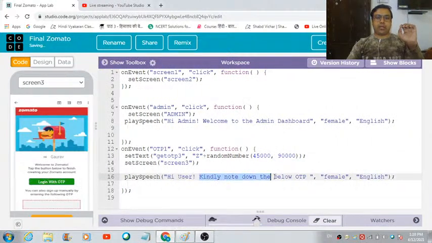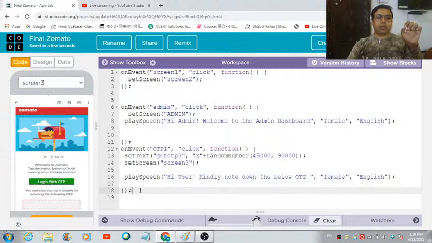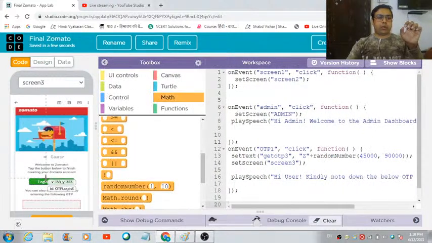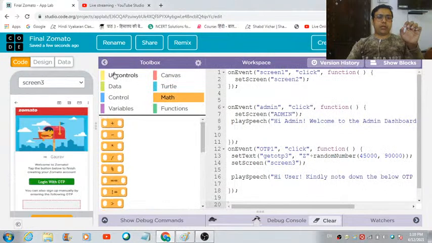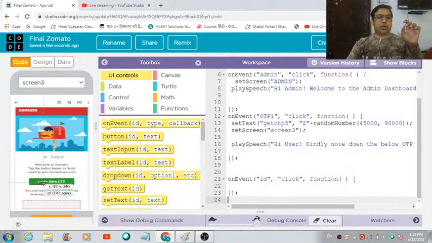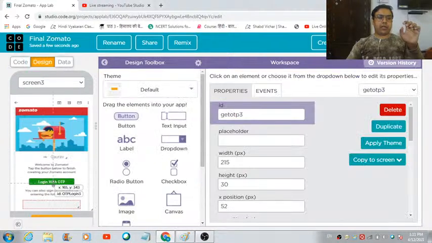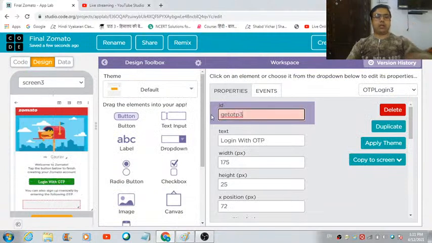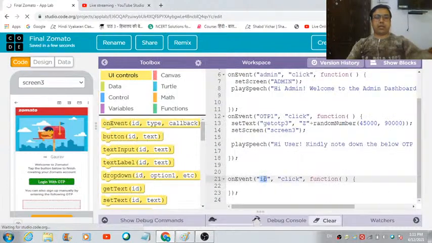Now as per this speech, the user will be required to note down the OTP, and after that he can hit this login with OTP button. Let's define the required code for this button. We need to come over here in this UI control section, and let's make use of this on event block. The ID of this component is OTP login 3. Let's copy the ID from this ID part of the properties section of this button. Okay, I'm going to paste it over here like this, and as soon as the user hits this login